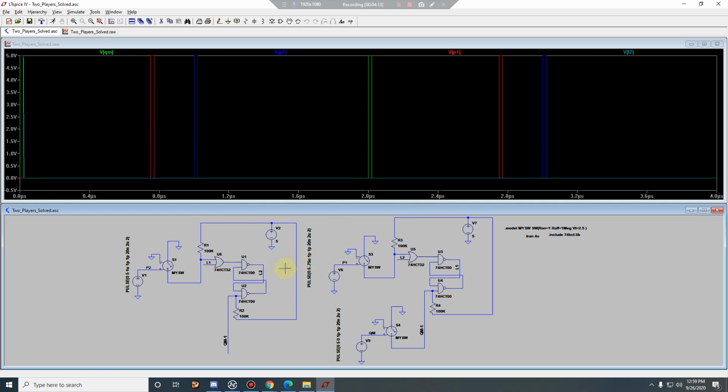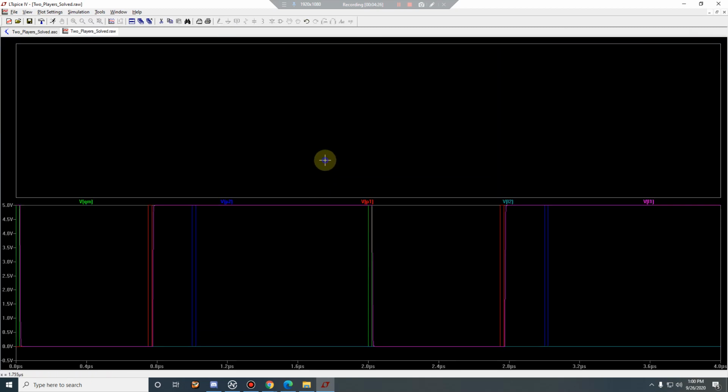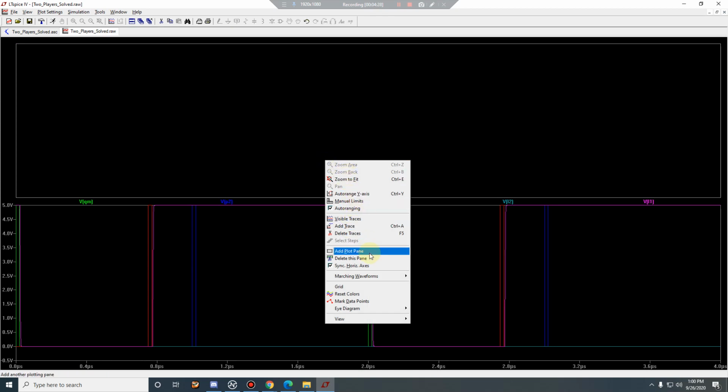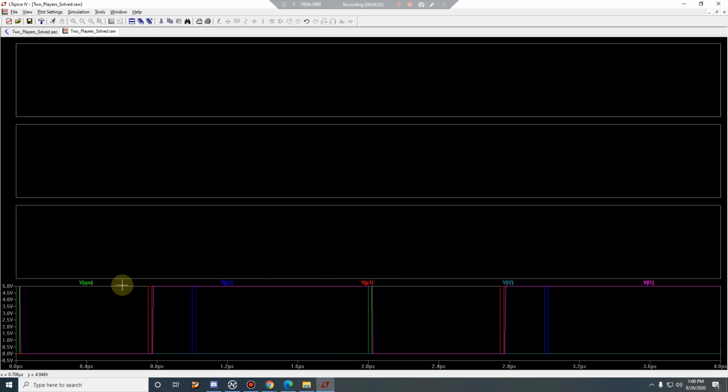I press L2 and I also press L1. Let me expand this, add plot plane, add plot plane, add plot plane.